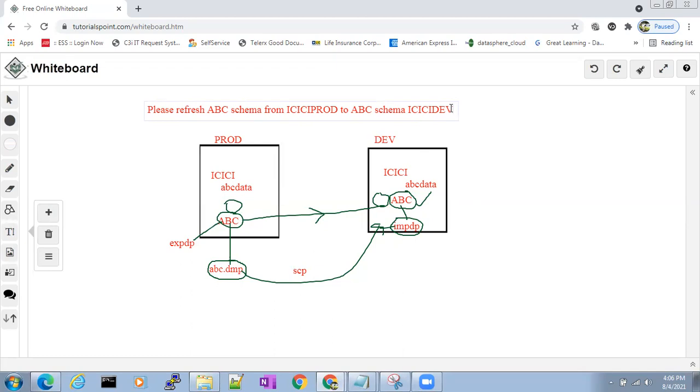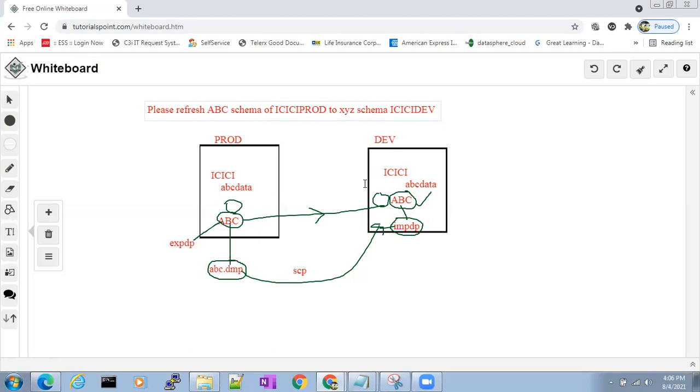Good. Now assume the same scenario, but with a little change. The user is asking the DBA team, can you please refresh the ABC schema of the ICICI production database to the XYZ schema of the ICICI development database?